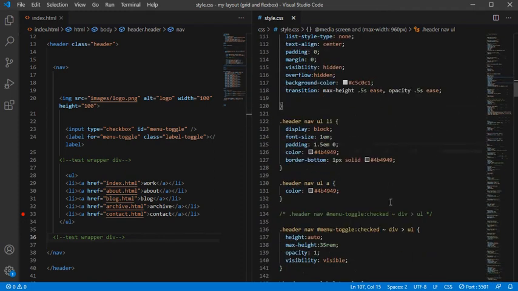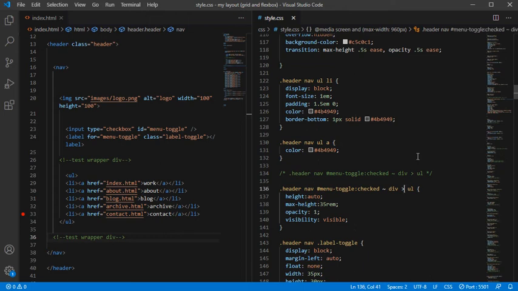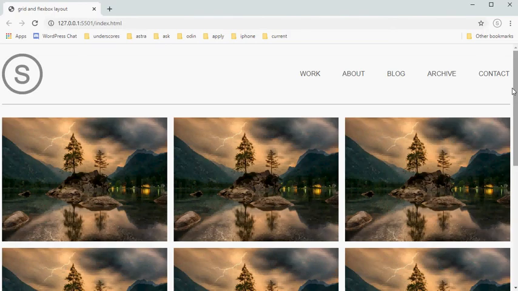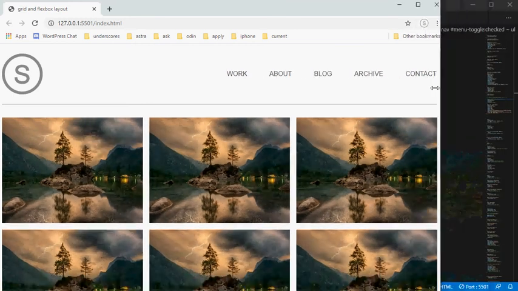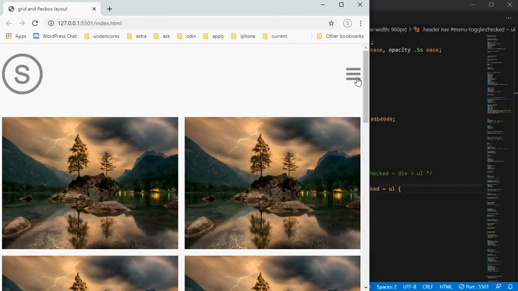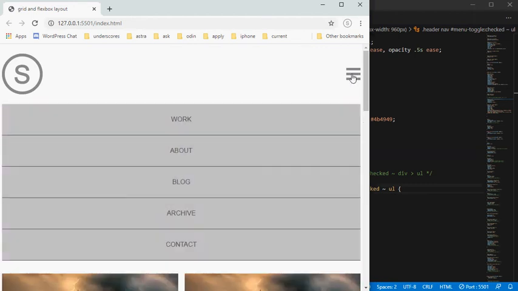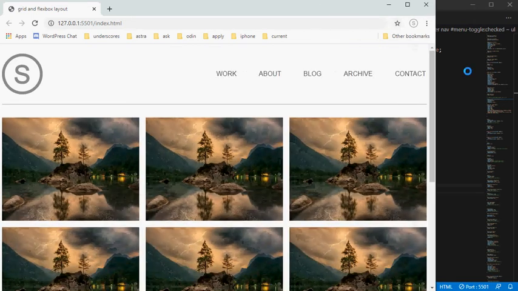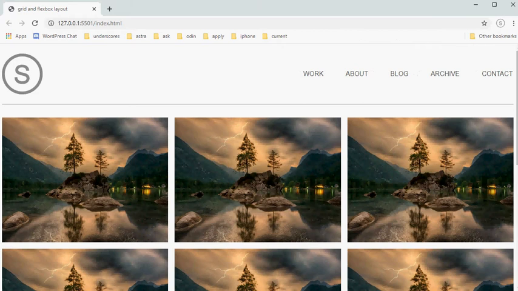And let me just remove this one second. So I'm just gonna show you guys in the browser. So this is our nav at 960. Okay,